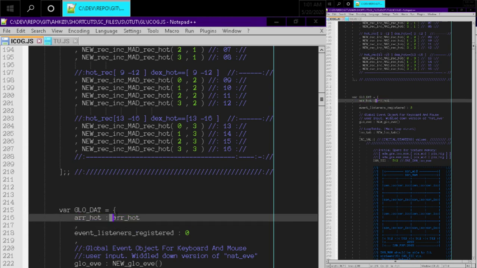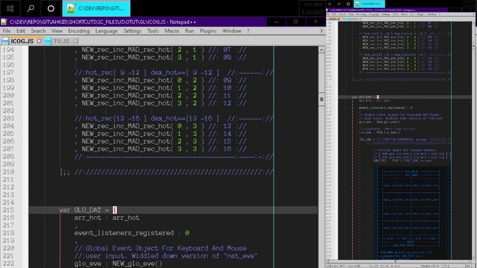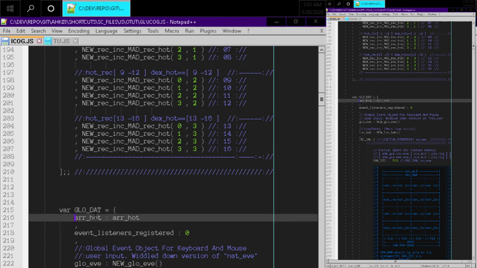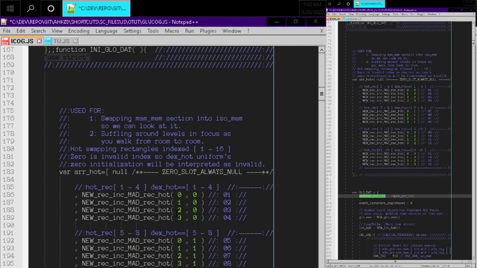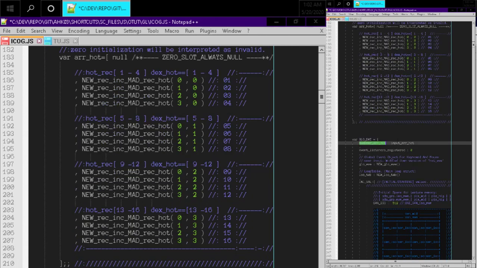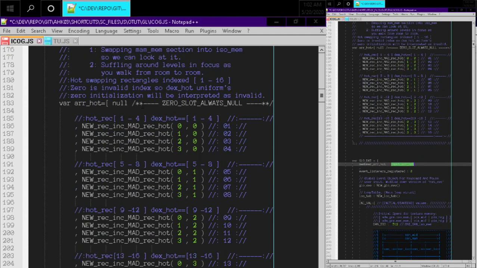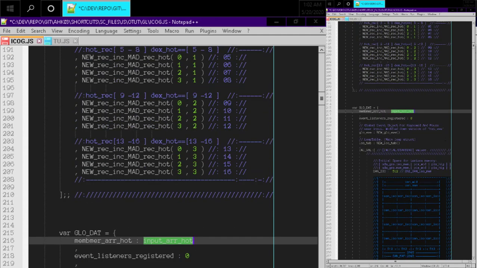But on the right, the right is getting assigned to the property on the left, right? And so if I was doing a tutorial, I would write this differently. I would call this something like member array hot, and then this is the input, right? And you would write it like that just so that people who are trying to infer what's going on could understand that. And I used to do this a lot where I would break things up a little bit more like this. But I feel like that